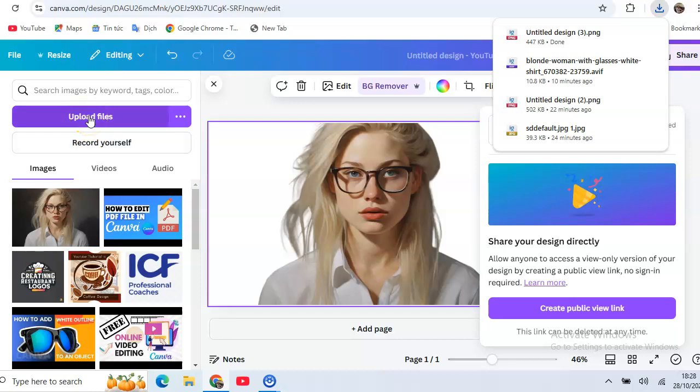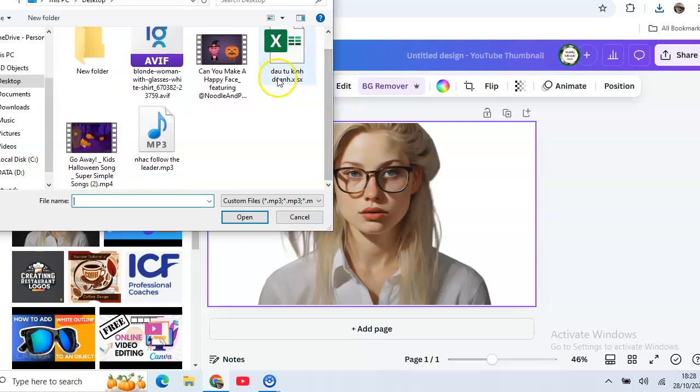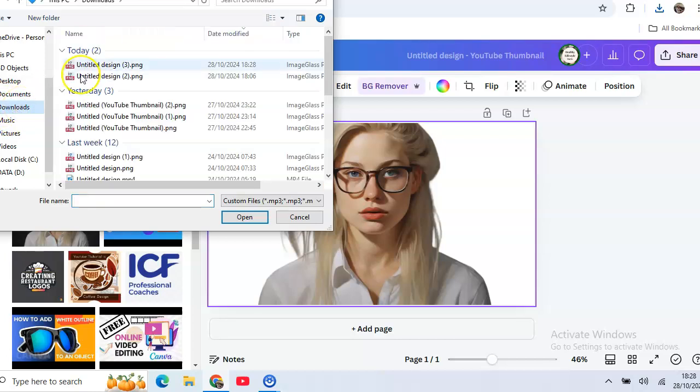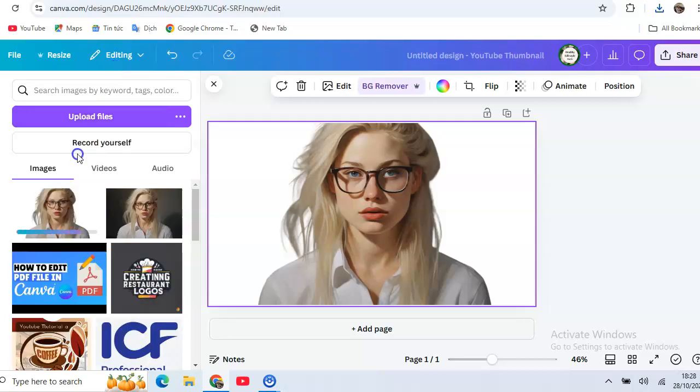Okay, now upload files. And here downloads. Yes, this is the image. Just wait for a few seconds to download it. Okay, it's done. Now here, this image just delete it,